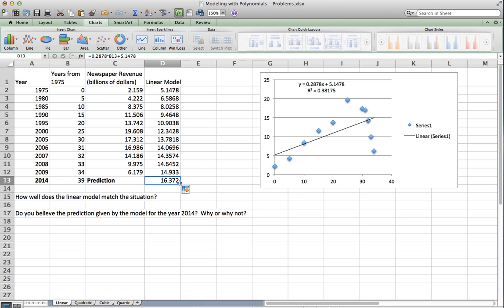So my question to you are the following. First of all, either by looking at the graph or by looking at the table, how well does the linear model, the numbers in this column, match the situation, the actual situation in real life? And then my second question that I'd like you to answer, and of course in complete sentences, is do you believe the prediction given by the model for the year 2014? Why or why not? Okay. Once you answer those questions right here and right here, then go ahead and go on to the next question,